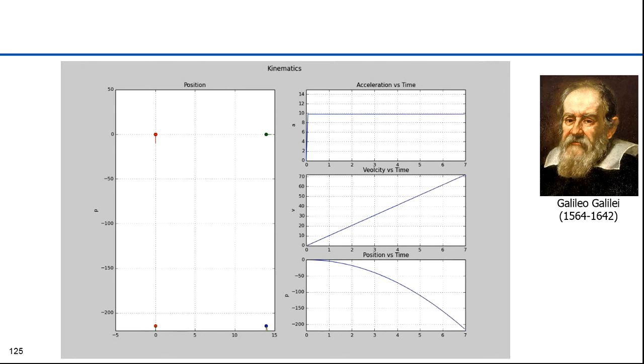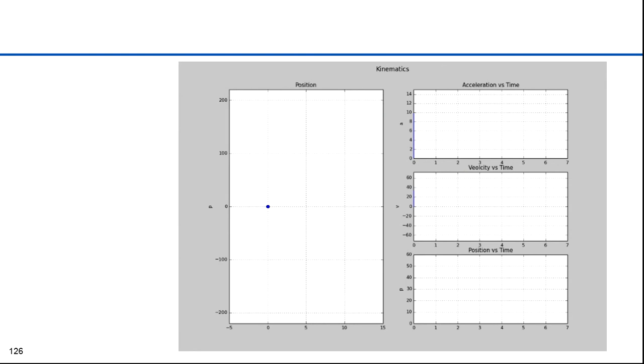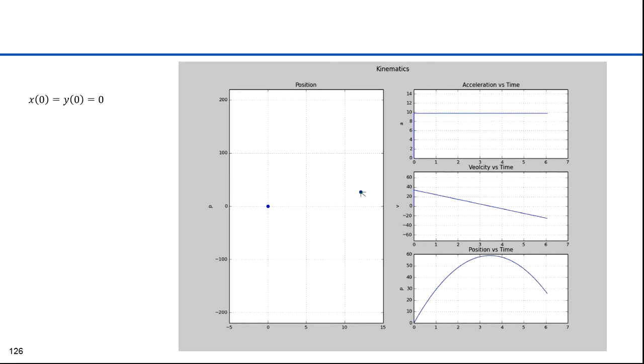complex motion much simpler. With combined knowledge of the law of falling bodies and the law of inertia, we can determine the path of an object's trajectory. We're assuming downward acceleration with some initial horizontal and vertical velocity to get things started. Let's start this trajectory at the origin of our coordinate system. These equations say that x of 0 and y of 0 are both 0. That centers the starting point at the origin.